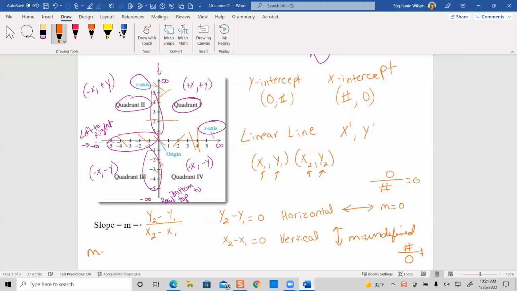Also, if my slope is a positive number, then that means we're going to move my particular point up the number of y's and to the right the number of x's. There's more than one way to graph this, but this is the most simple, straightforward one. What do I know about what I'm moving? Well, in order to plot the slope, we have to first plot the y-intercept. From the y-intercept,